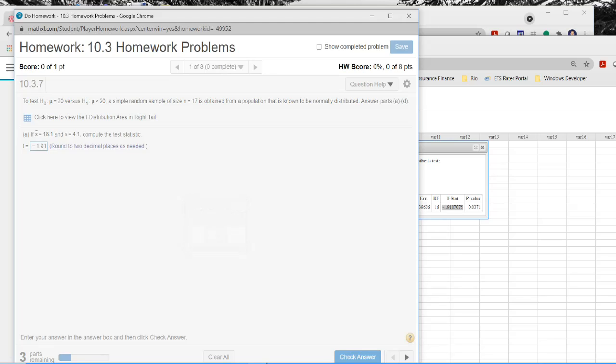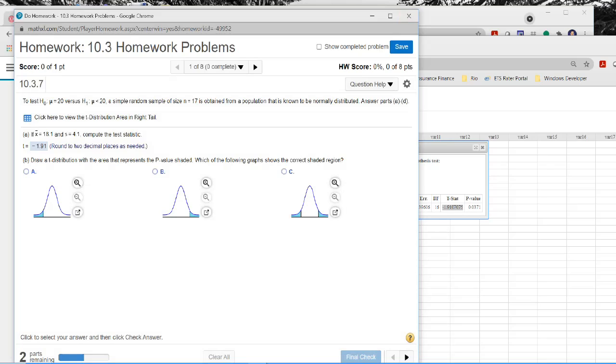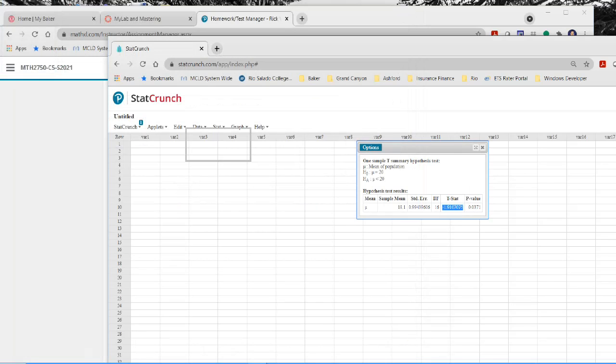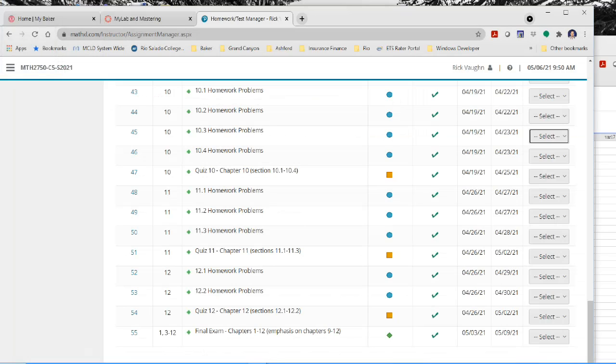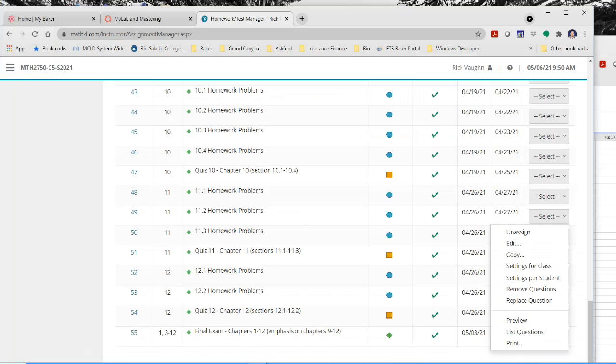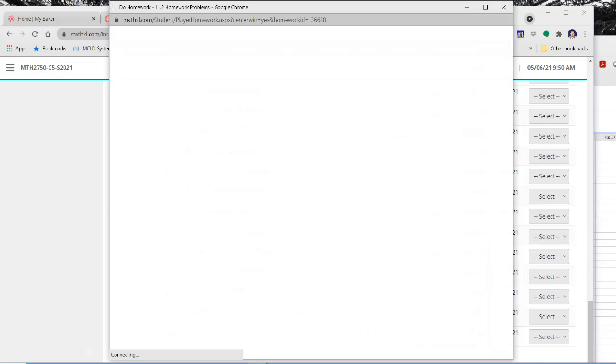Now it's going to go on. There's 3 more parts to this, and I don't want to eat up additional time with the pictures and the things from the t-distribution and everything else. So I'm going to exit out of this particular homework question so we have time to maybe look at one more. And I'm going to look at 11.2, and we're going to look at question number 2